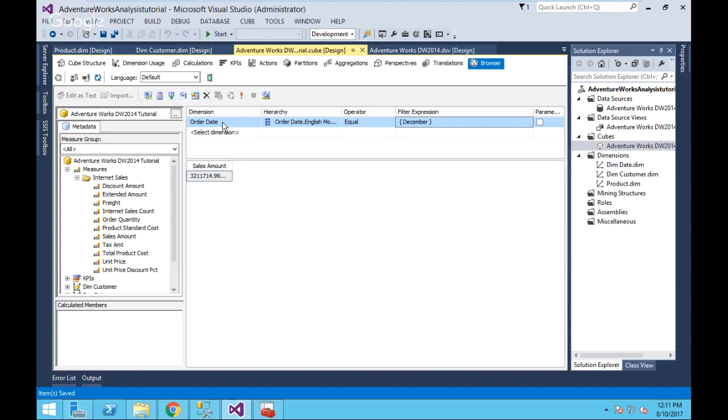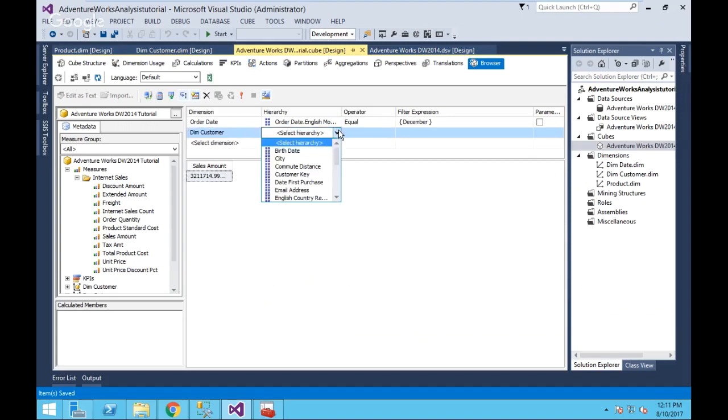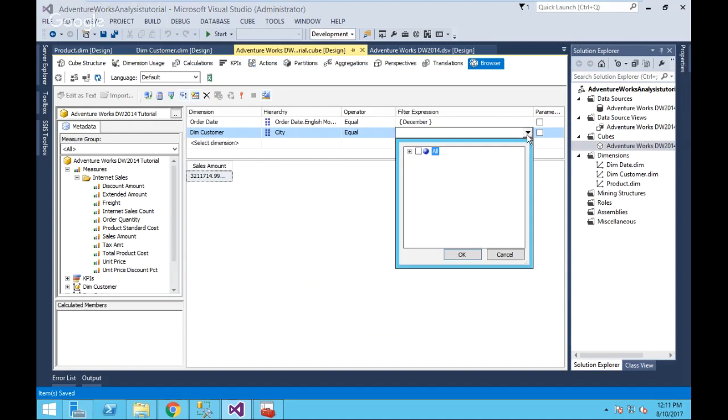This gives you can say whether it's equal to, or with a month, I think it's just going to be equal, but you can do equal, in, not in, contains. There's some different operators you can use, and you can do an expression. So this is in December, and then if I wanted to do dim customer and city and equal, but we'd have to find a city that,